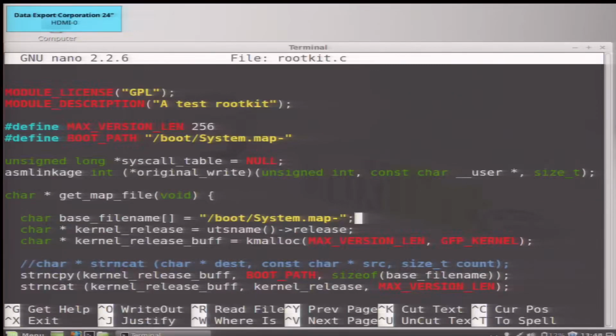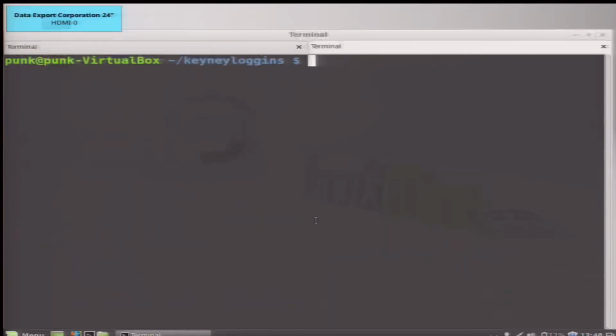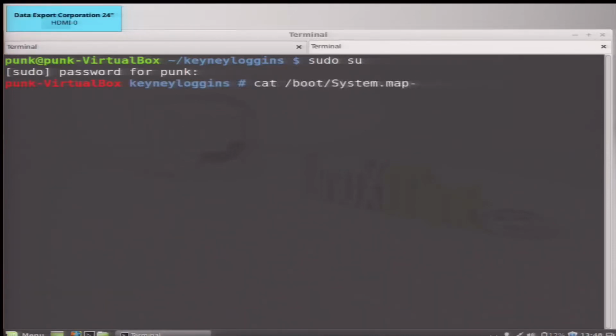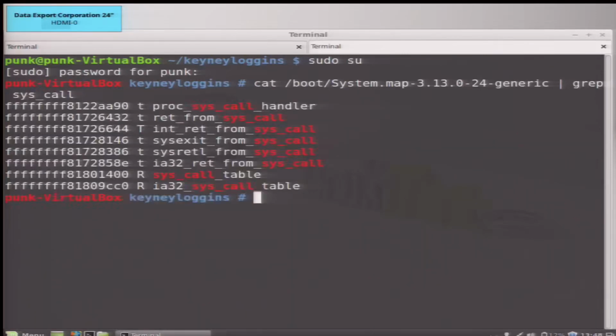So all we're doing is reading a file, right? This /boot/System.map, if I can copy this really quick. That's where we're actually finding the syscall table, right? Like I mentioned, that's where we find the address of it.